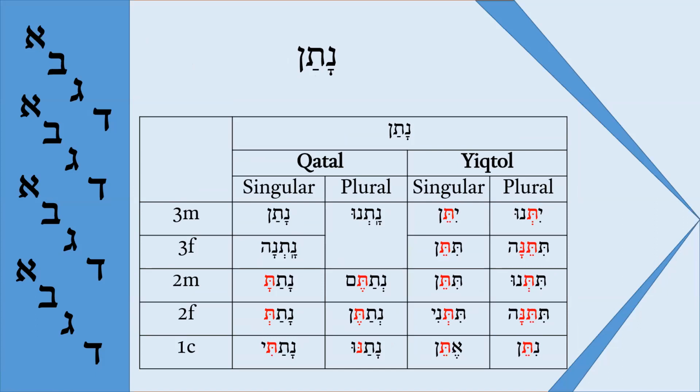Natan is to give. So it's easy to remember because we have the same name in the Bible, the prophet Nathan, and Nathaniel, the name, which means the one who is given by God. So Natan means to give. And the problem with this verb, and it is another problem, is that